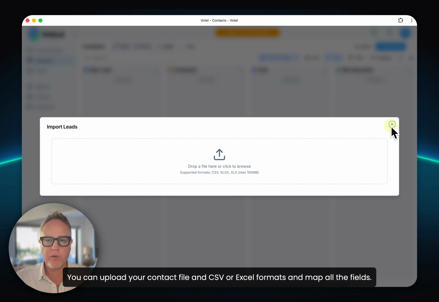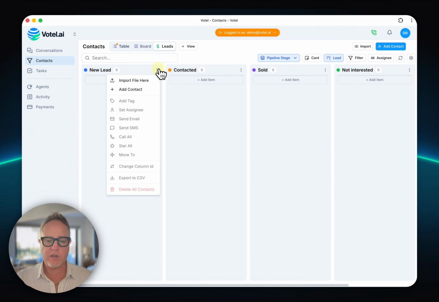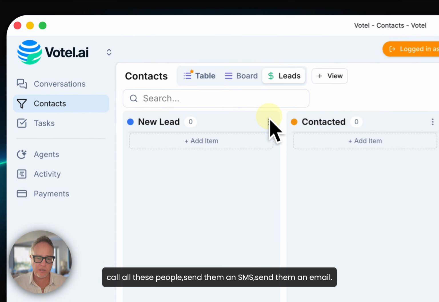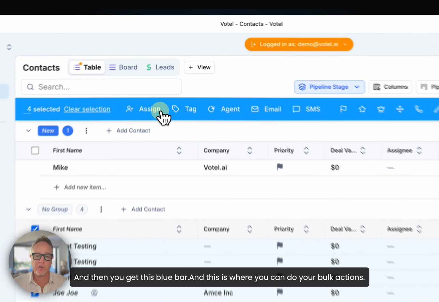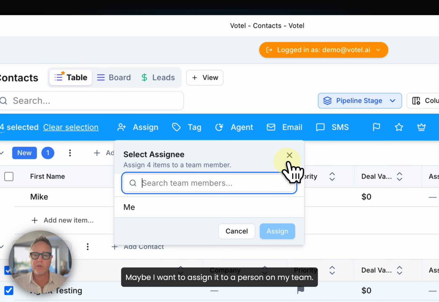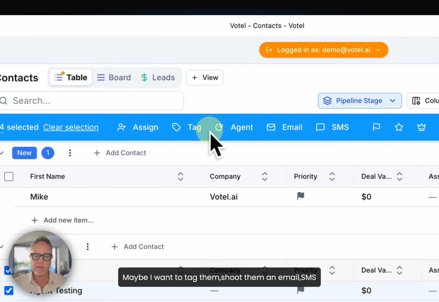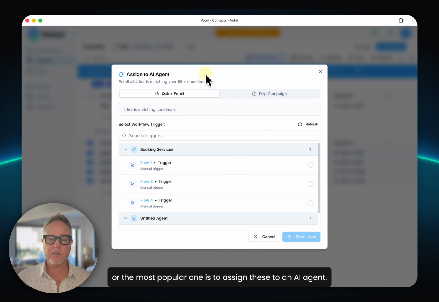Now, if you're looking at the board view, we have bulk actions up here. You can click the top of a column and you can say, let's go ahead and call all these people, send them an SMS, send them an email. If you're looking at your contacts in the table view, you can select all the contacts or contacts in a certain stage, and then you get this blue bar. And this is where you can do your bulk actions. Maybe I want to assign it to a person on my team. Maybe I want to tag them, shoot them an email, SMS, or